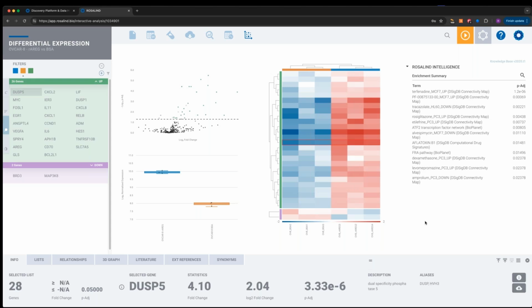What we're doing here is actually quite sophisticated. We look across all of these thousands of terms for all the additional pathways, and then we cluster them together by similarity. You can imagine there's a lot of similarity between the databases and the terms, and maybe overlap between the different genes. So part of Rosalind Intelligence is clustering those similar terms and pathways together. Then we find out which of those clusters are the most significant, the most enriched, and we pull out representative terms from all of those important clusters.